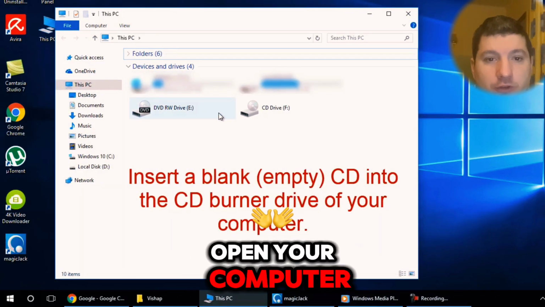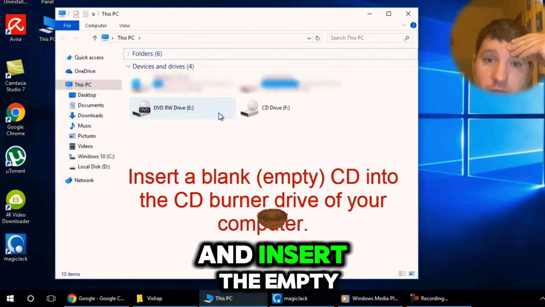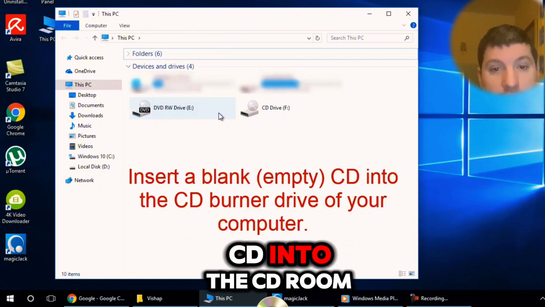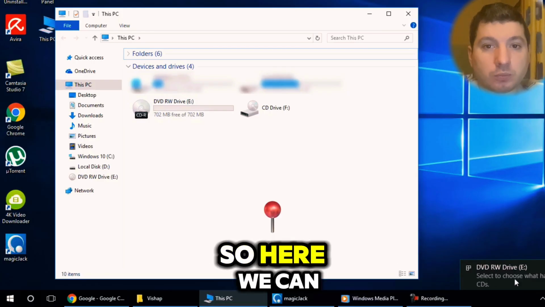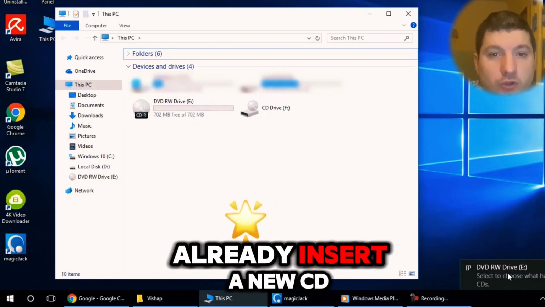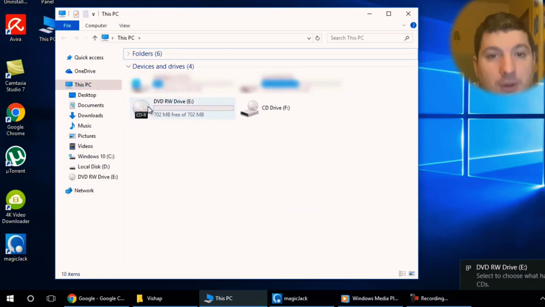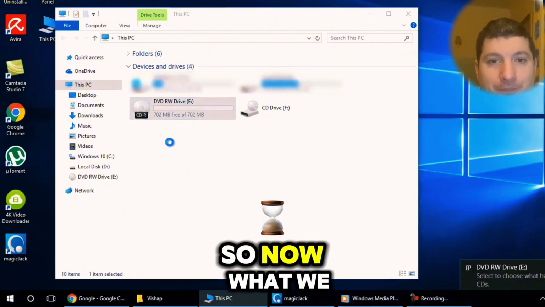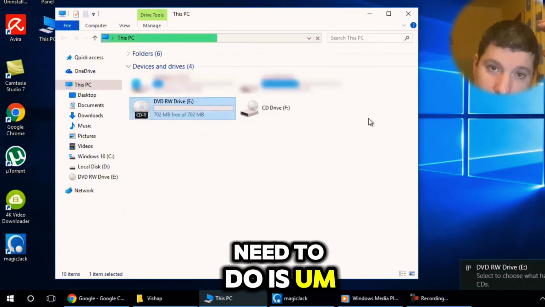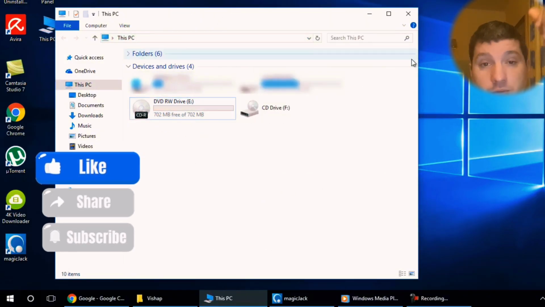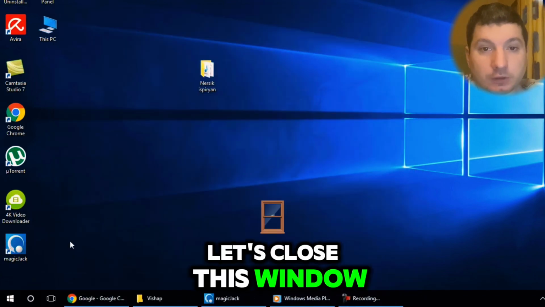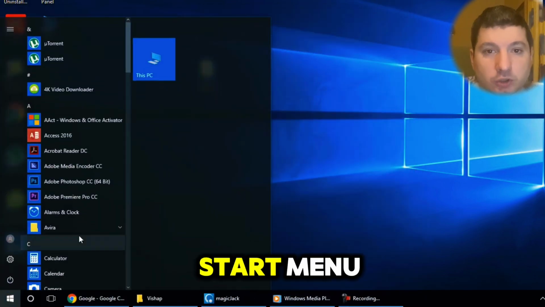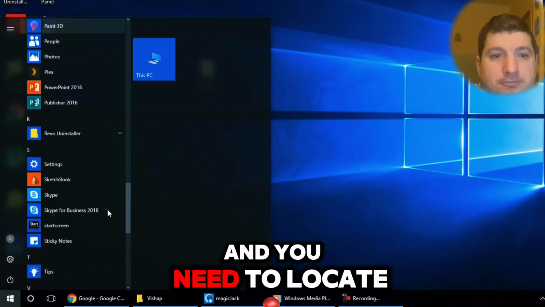So open your computer and insert the empty CD into the CD burner. So in your computer, right? So here we can see that I have already inserted a new CD. So now what we need to do is let's close this window and let's click on Start menu, and you need to locate